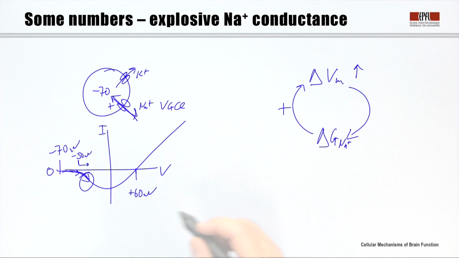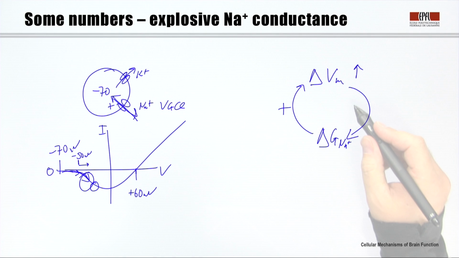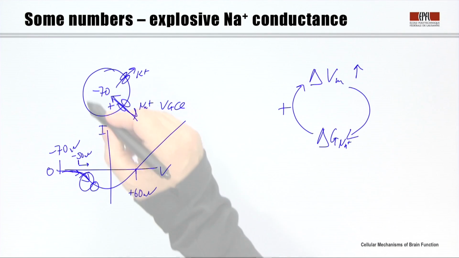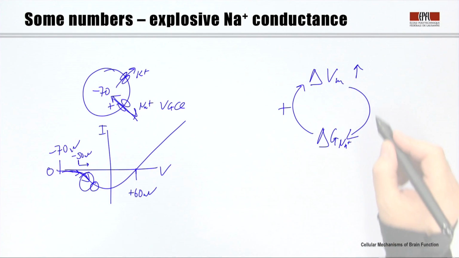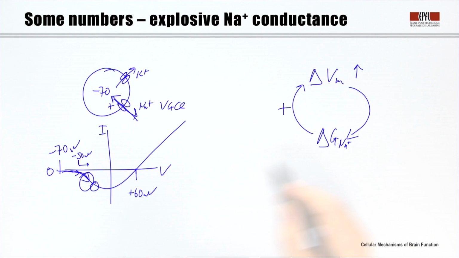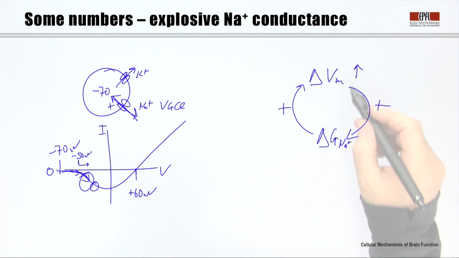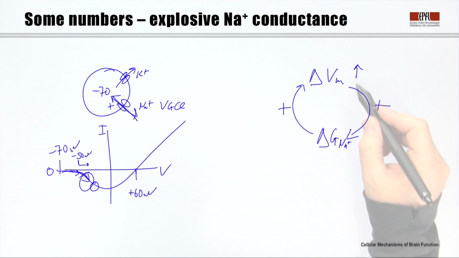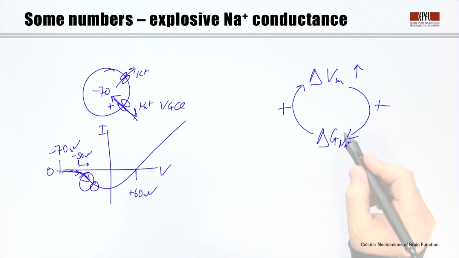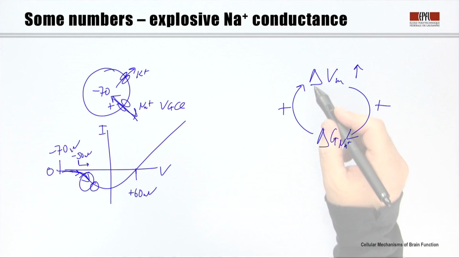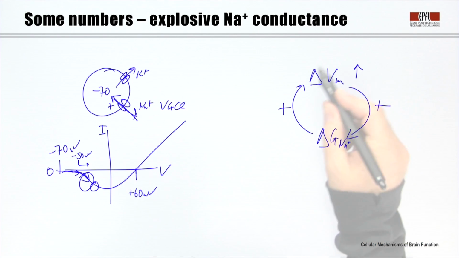Depolarizing the membrane potential further will lead to an even larger inward current, which in turn will depolarize the membrane potential even more, and so on. We get into a positive spiral where depolarization increases the voltage-gated sodium conductance that further increases the charge influx, further